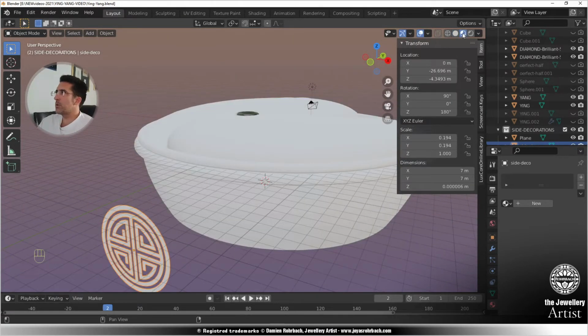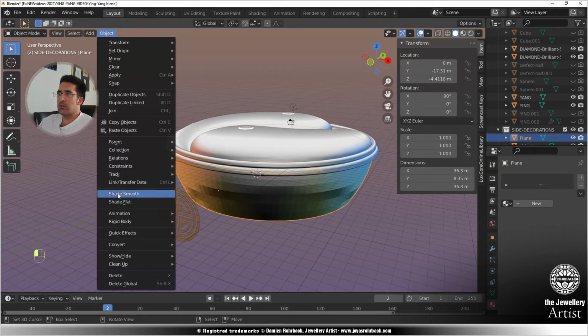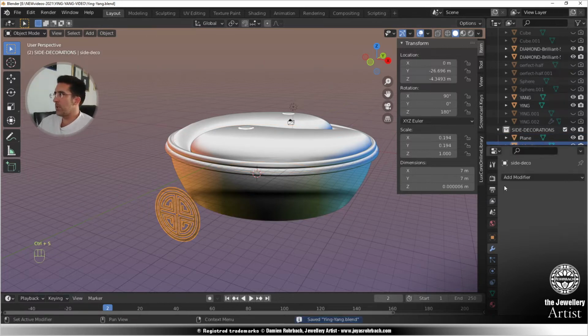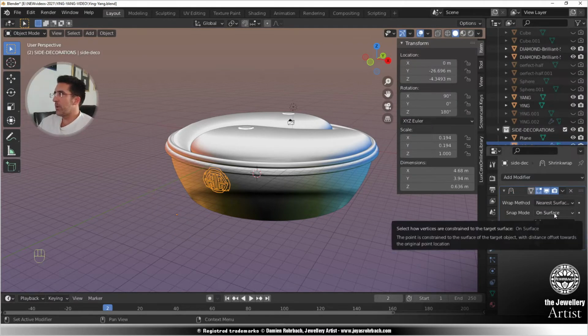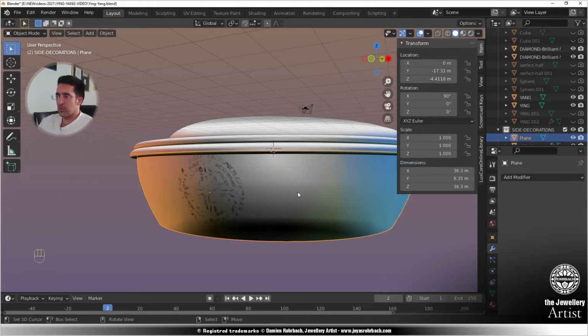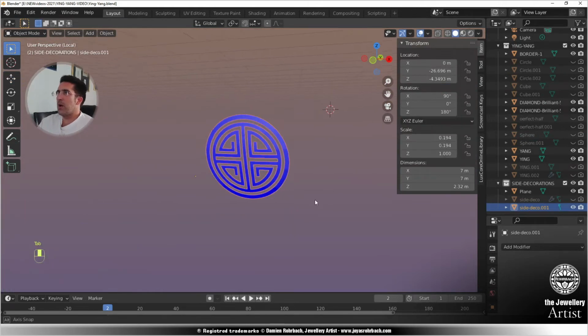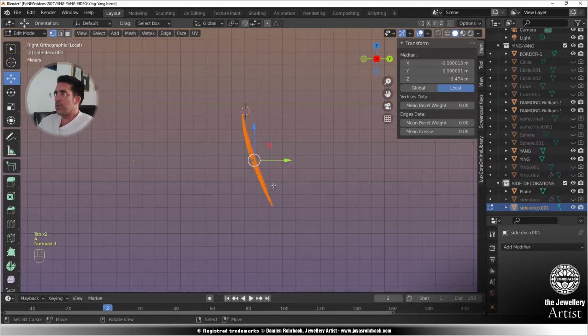Let's make it smooth just for the look. Now this I need to have a look at. Shrinkwrap, target this friend. We're going to make the wrap method project on the Y-axis, negative and positive, and okay, it's on Z apparently. And this one is okay, so we're going to do that guy a bit higher. Okay, perfect. So now this is not flat anymore, and now we can extrude